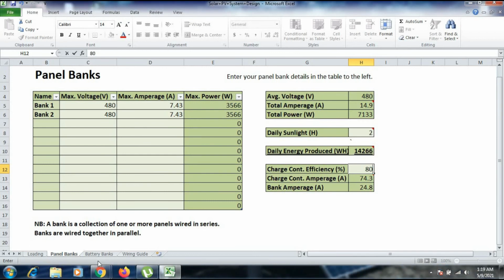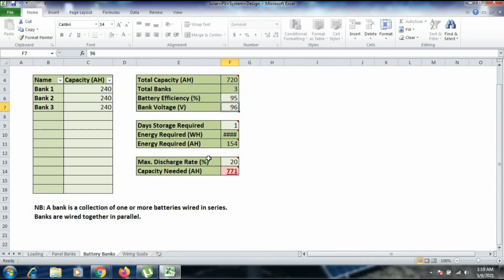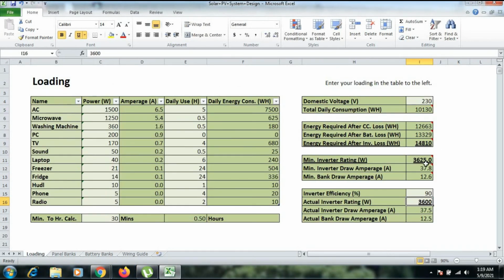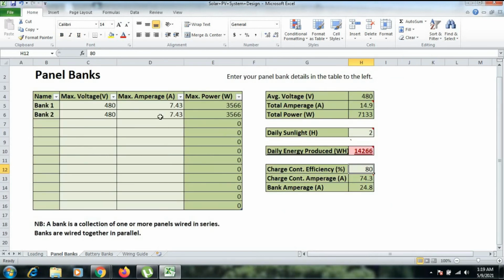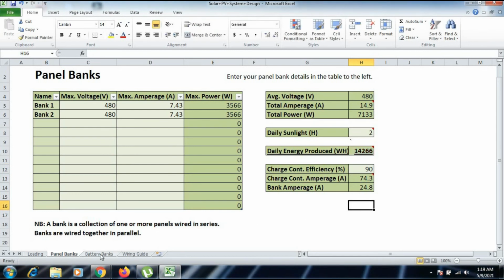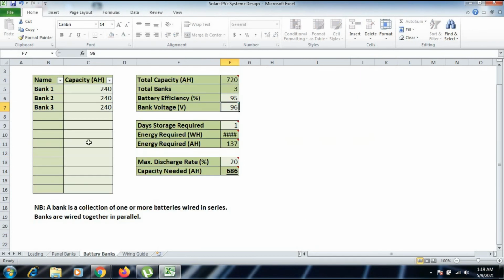If we decrease the charge controller efficiency to 80%, now you can see the capacity needed got increased, because since the charge controller is not efficient, this capacity also got increased, and here also you will see this capacity will also get increased. And here also you can see our panels are not satisfying this watt hour production or our daily energy required, that is not satisfying with our panels calculation that we have done previously. So we need a 90% efficient charge controller to satisfy all these requirements.